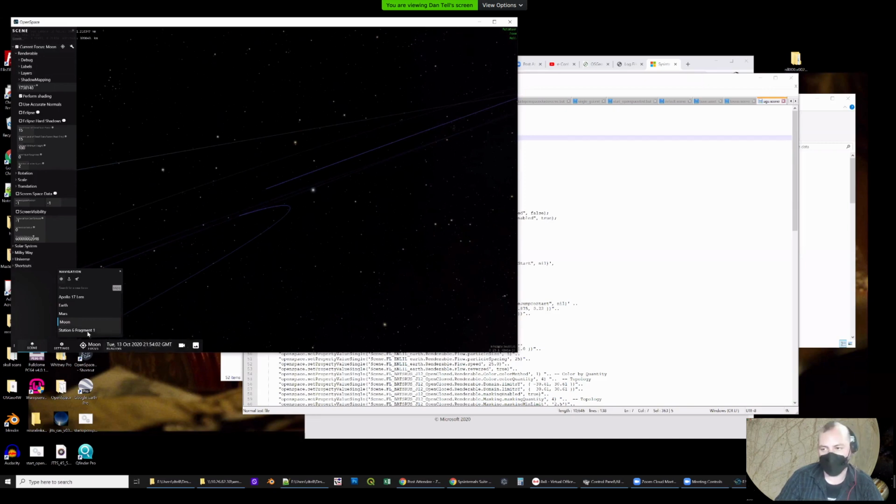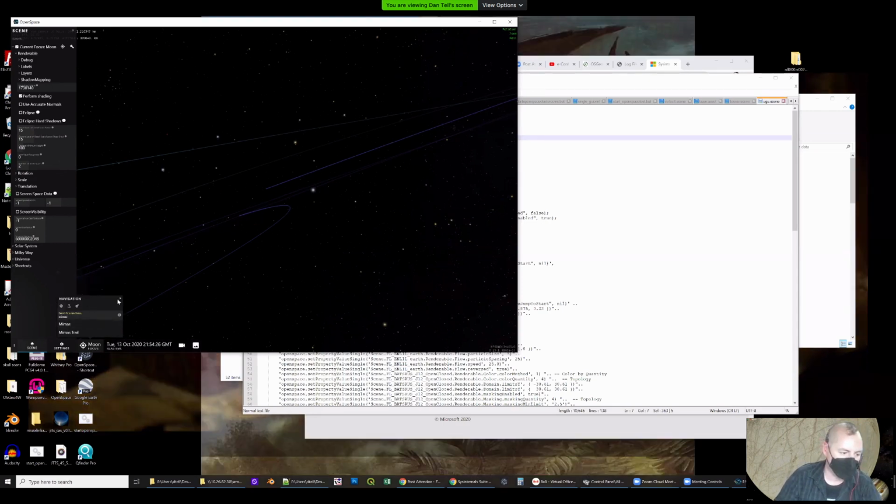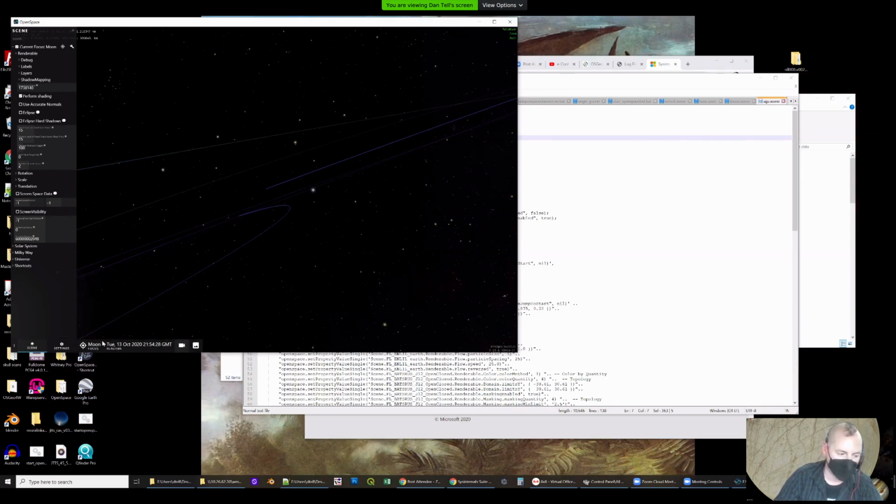This is really helpful so that you don't have to go down the giant rabbit hole of the hierarchical tree to find what you want. And similarly, anything that you've added in that scene file as a focus you want to be able to look at will show up in this focus menu as a default. But you can also search for any other object or location you've created in OpenSpace and find it through that search menu. So if you're having trouble finding something, you can always search it, focus on it,